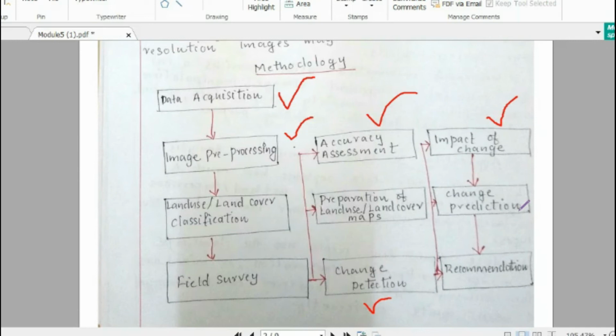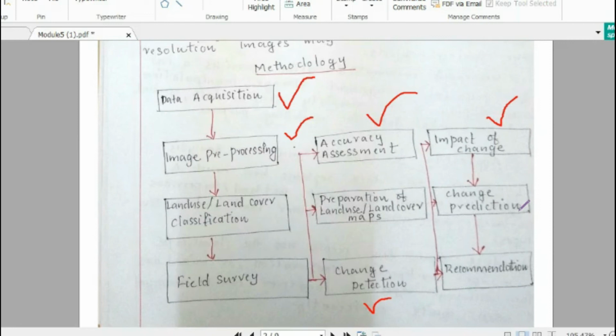Negative impacts, like the various environmental impacts in that area based on climatic condition variation, temperature variation, or rainfall availability. That is called impact of land cover reduction, or we can brief it all together as environmental impact analysis.